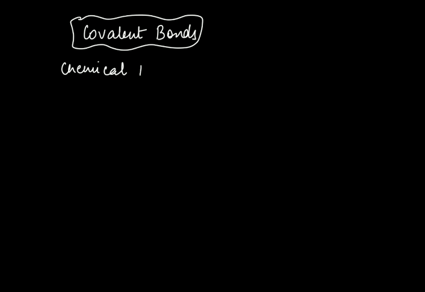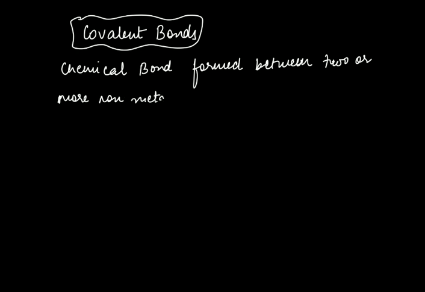It's an attractive force formed between two or more non-metals. So that is one identity of a covalent bond. If we say an oxygen molecule like O2, or water, or carbon dioxide, these all are basically non-metals. So non-metals means there will be a covalent bond involved. So that's the identity: a chemical bond formed between two or more non-metals